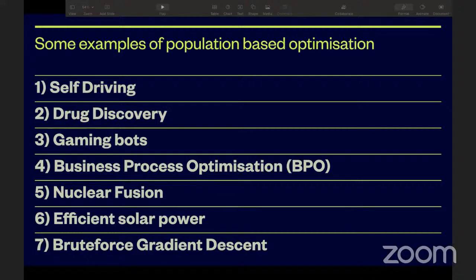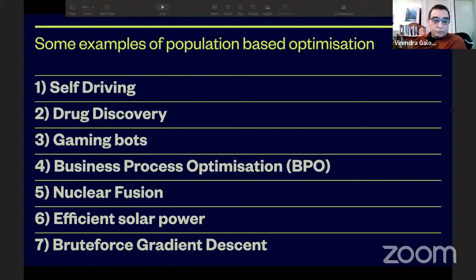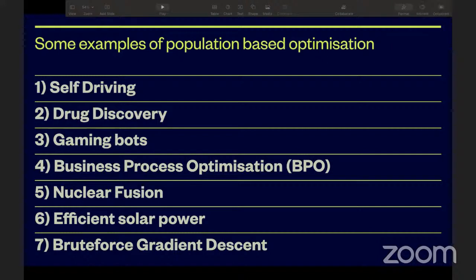So you must have seen these examples where Google's AlphaFold performed very well in chess. It beat the world champion at Go. So all of these are simulation-based events where the entire game was taken, and then the bot was kept running on that same game for at least a couple hundred iterations.